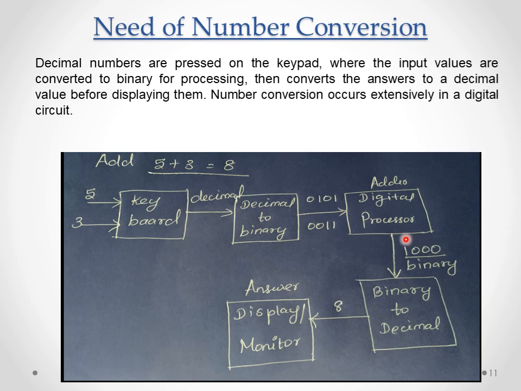The answer is in binary form. So the answer 1000, which is 8, we will get from the processor. Now again this binary value is converted to decimal by another binary to decimal converter. So now the decimal value is displayed on our monitor. This is the actual process involved in computers. So for this reason mainly we are using the number